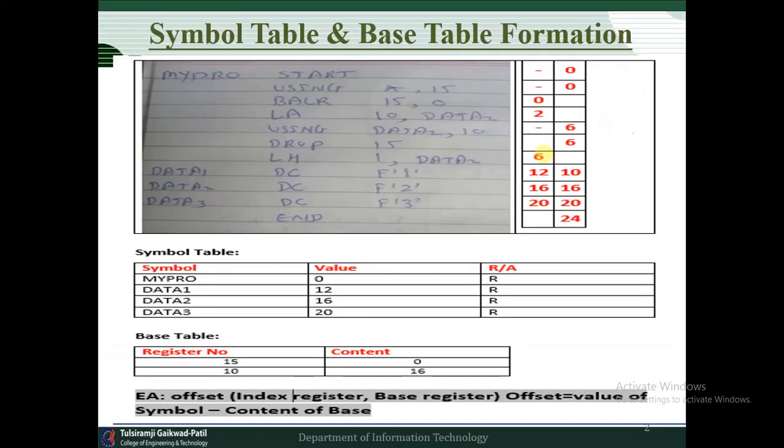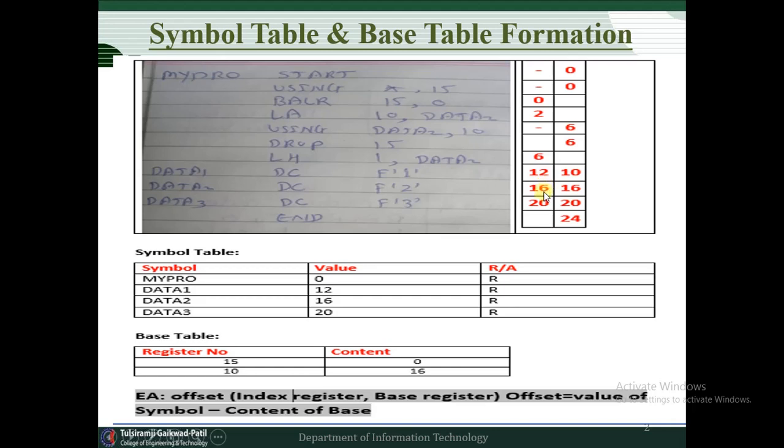Now, here we have one small program, the name of that program is mypro, and it ends with the END symbol. Any program consists of instructions and pseudo opcodes. So while given such a program, what is our first aim or goal? We have to calculate the location counter. As discussed in the previous lecture, we have calculated the location counter, and here we have completed the location counter.